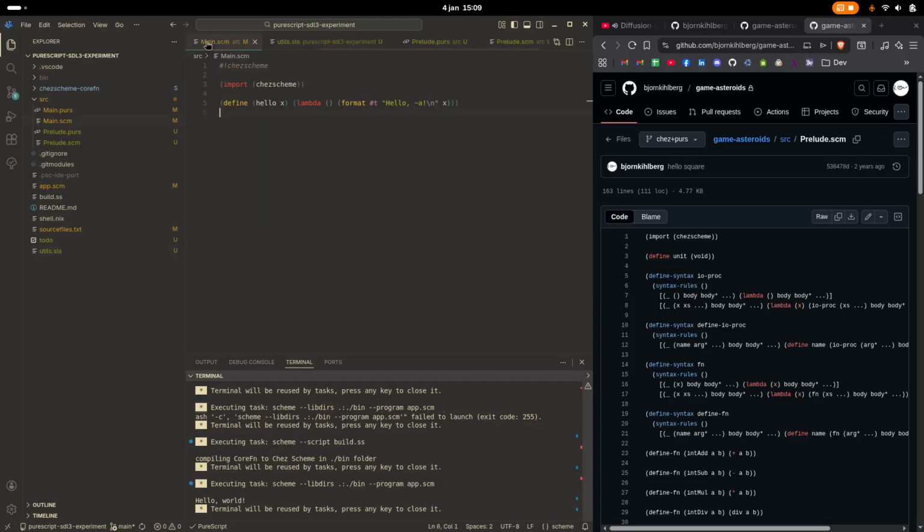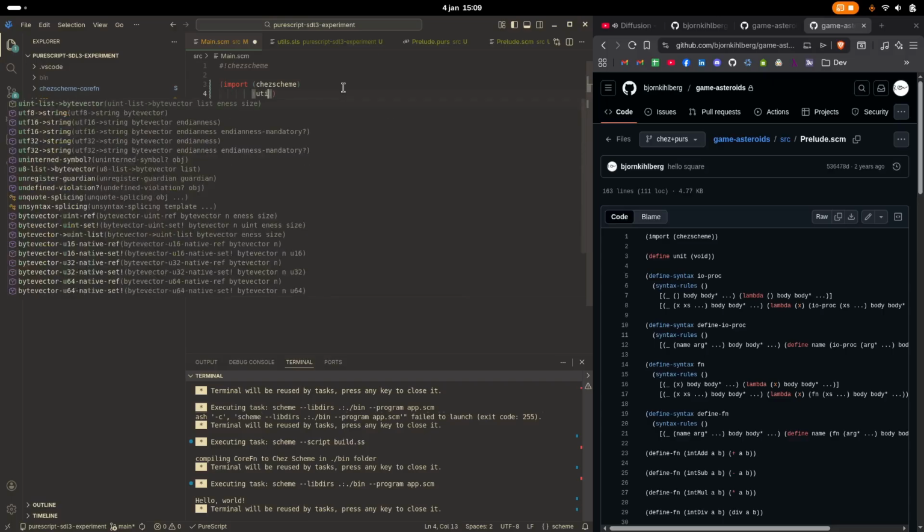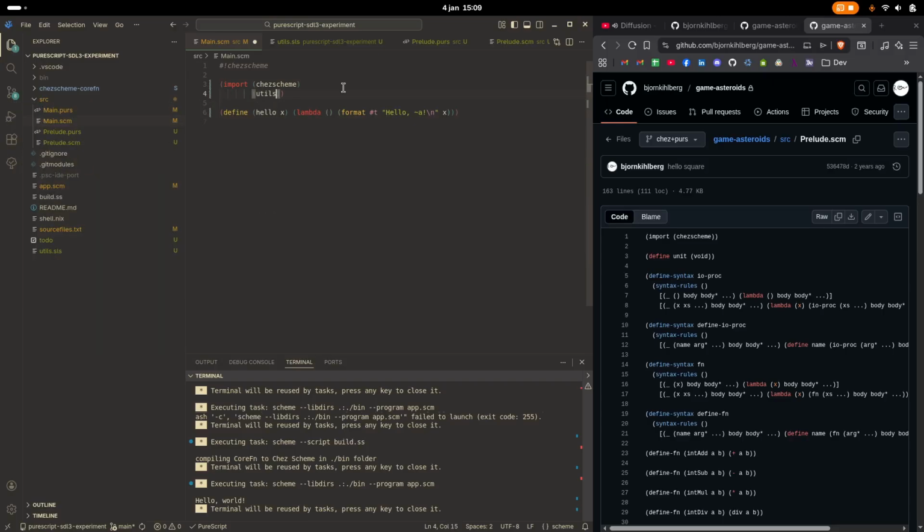Now what we can do is we can start. Okay, so we can import utils. And we'll do. There we go. We no longer need. There we go. Now we got an IO procedure,